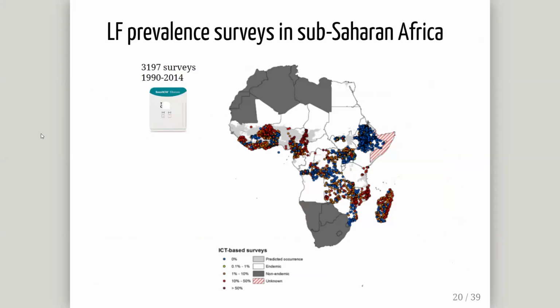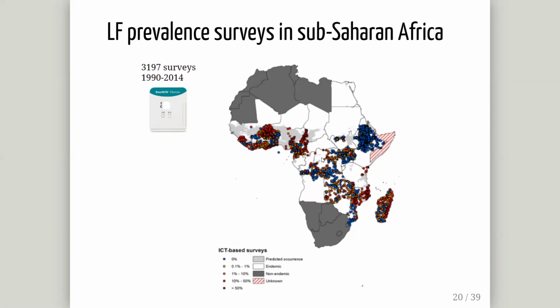In this study, we want to predict lymphatic filariasis prevalence in sub-Saharan Africa. This is the data we have. We have 3,197 surveys that were conducted between 1990 and 2014. So here we can see that